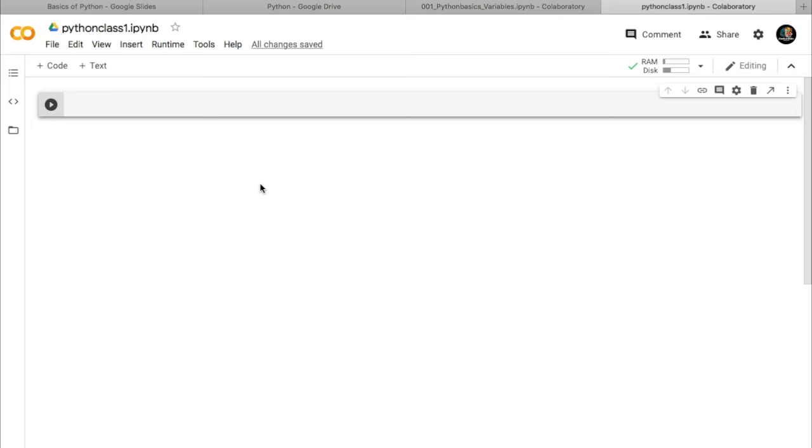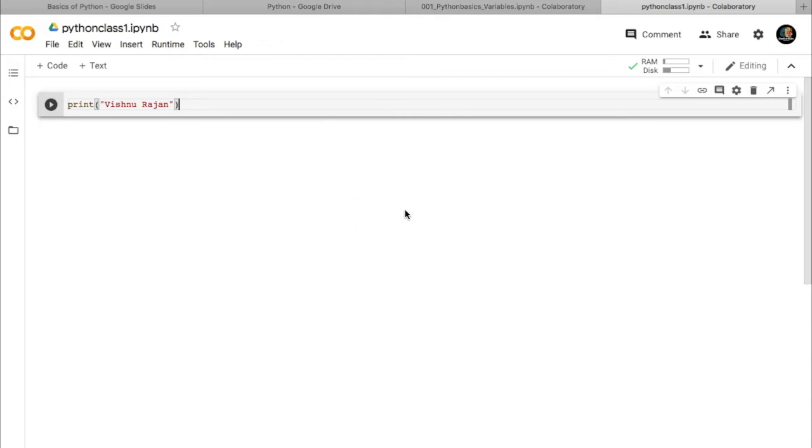Now how to code in Google's Colab? In previous class, using Spyder, we have already learned how to print anything in Python. So same program we will try here also. Let us try to print my name. So for that, here you can see a cell here. This is the part where we will be writing programs. So here we will just type print. So here directly I have written the code.